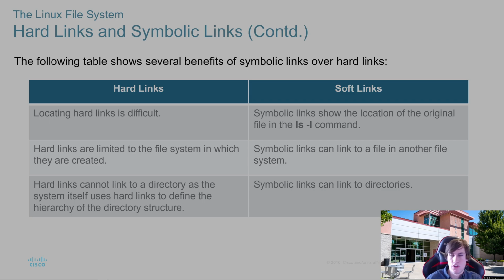Hard links break if you move anything or anything changes in the file system. So we typically use soft links, but hard links are helpful when the configuration is not going to change at all, right? Hard links are limited to the file system in which they are created. A symbolic link can be used with a network file system, for example from your Windows server. You don't want all these hard links because they won't point correctly, since it's in a